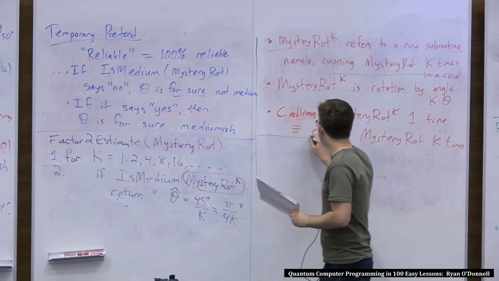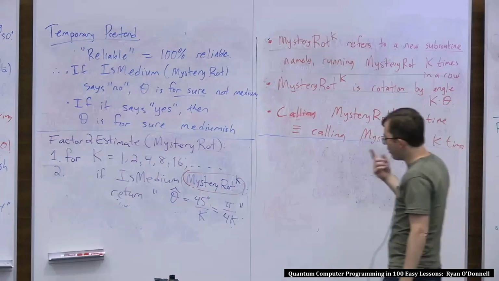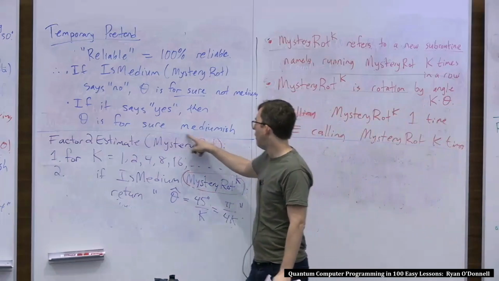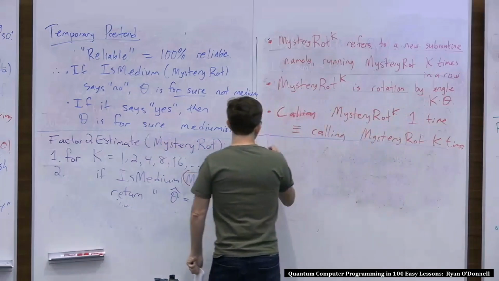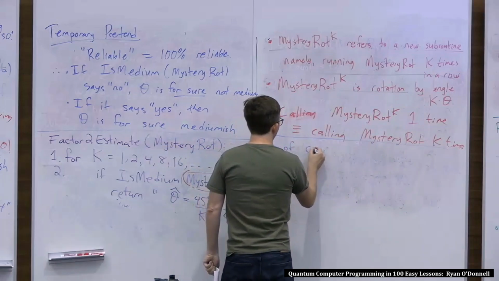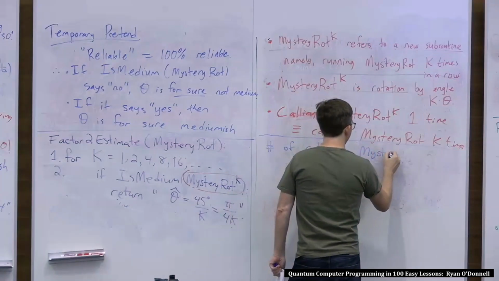But for now, let's just revel in the fact that we've sort of proven that the factor 2 estimate is a correct algorithm for what it is. And the last thing we want to check is its running time, or really the number of calls it makes to the thing it's trying to estimate, which is basically running time. So the number of calls to mystery rot is